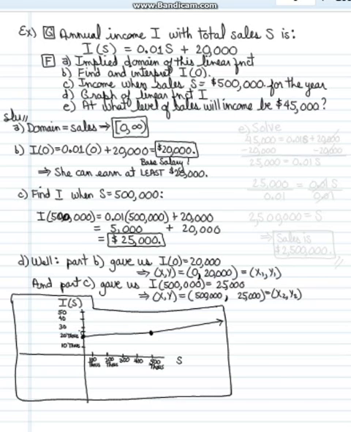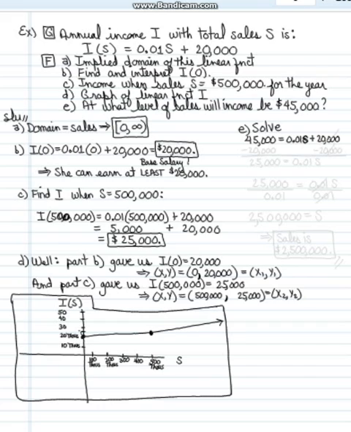And at what level will the income be $45,000? It looks like I actually neglected to figure that one out. So maybe we should do that together. Well, let's do it here. Solve $45,000 equals